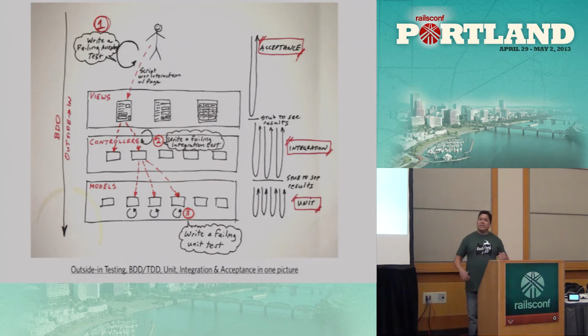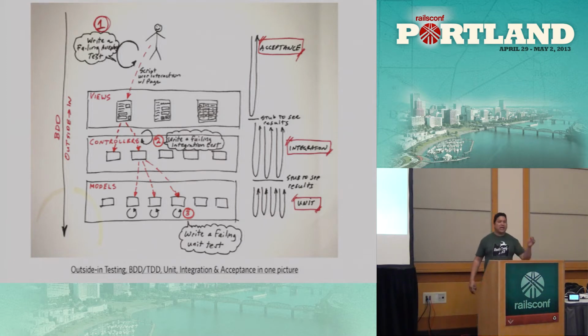So you notice that inside, between the views and the controllers, in this example I have one view maybe talking to two controllers. At that level, I do TDD, but I do TDD to flesh out the controllers. The only reason I'm doing TDD at that level is because I don't really know what I'm doing. I want to figure out what the controller should do. And that's why I use TDD in those inner layers. But still, the thing that's dictating the whole process is that outer acceptance testing that I started with.